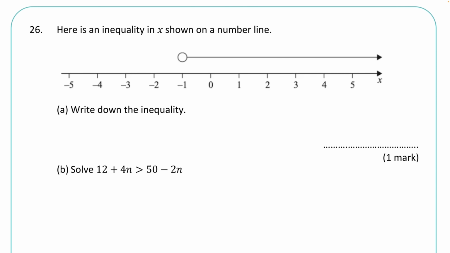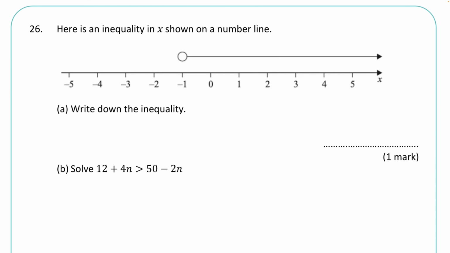Okay, question 26 is an inequality on a number line. It says write down the inequality. So when we are writing an inequality like this, that's not a joint inequality, so not one where there are two lines drawn together like this. That would be a slightly different variation. So this one that we have here, we have